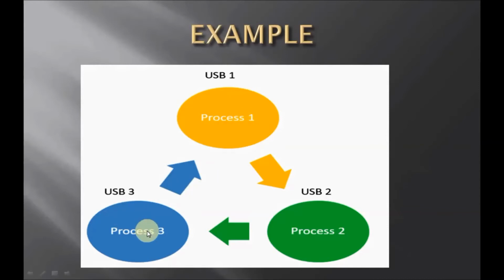But process 3 can't give its resource, because for process 3 to continue its operation, it needs a resource from process 2. But process 2 can't give its resource, because process 2 is waiting for the resource from process 1. Right? So each process is waiting for a resource that is held by another process that can't give it. That's why these processes are in a deadlock state. They can't continue,